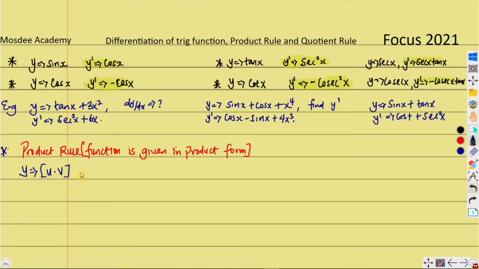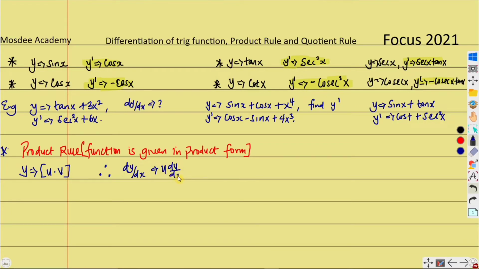So in this case, u and v are functions of x. The application we use to do something like this, whenever we have functions that are expressed as a product of another function, with independent variables in the form of a product, is this: to get y prime, which we call dy/dx, the logic we apply in mathematics, which we call the product rule, is that we take the first function, which is u, and differentiate the other function, which we call v,